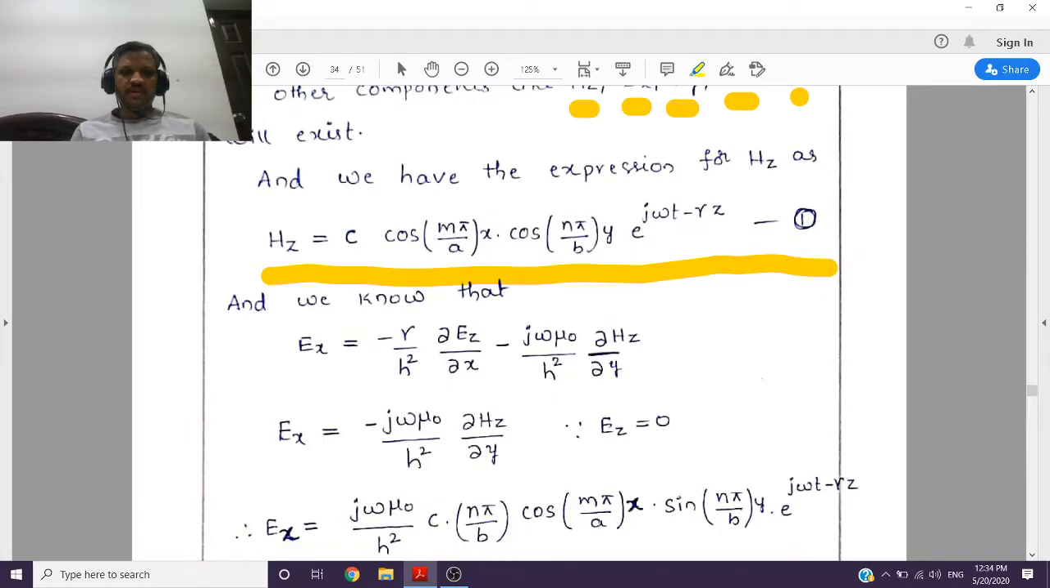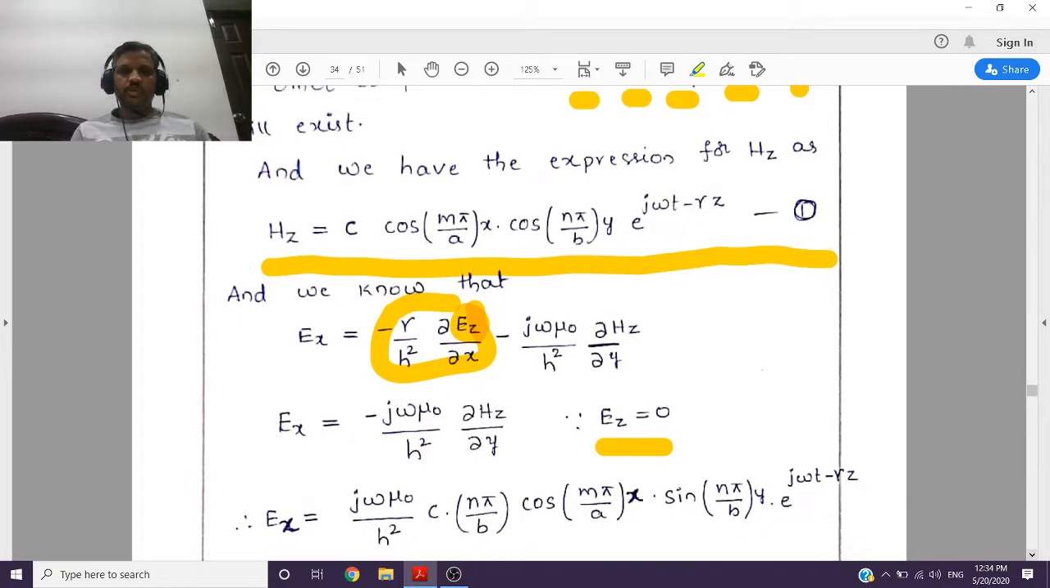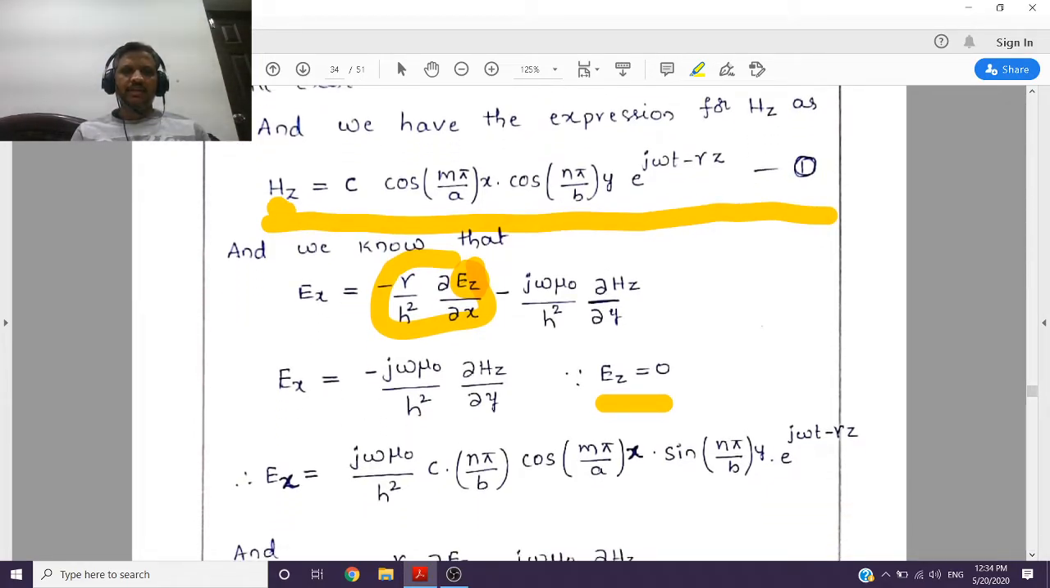But for the transverse electric mode of analysis, this Ez will be 0. So the first term becomes 0, and what is left is only minus j omega mu naught by h square into dou Hz by dou y. Because Ez is 0, only this will remain. So now I will substitute this Hz in its place. With respect to y, we have to differentiate that Hz. So minus j omega mu naught by h square into c, which is just a constant,